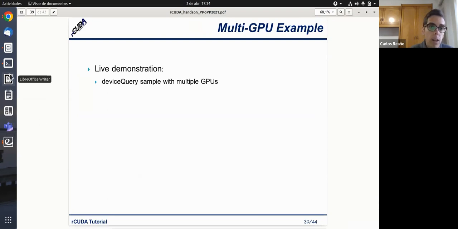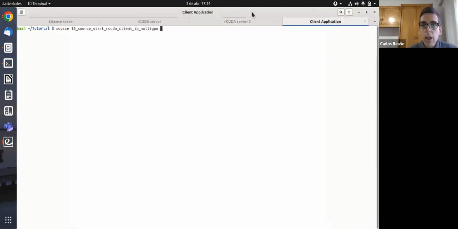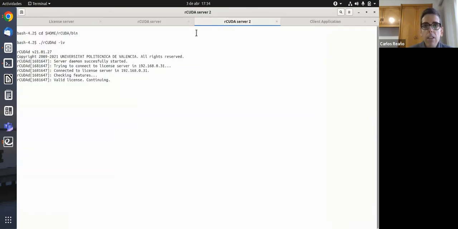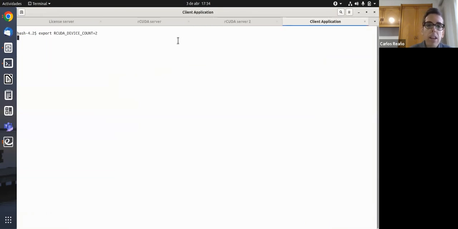Okay, we are going to run this device query with multiple GPUs. In this case, we have 2 servers: the server we just started at the beginning, and the server we have just started. In both servers there is one GPU.